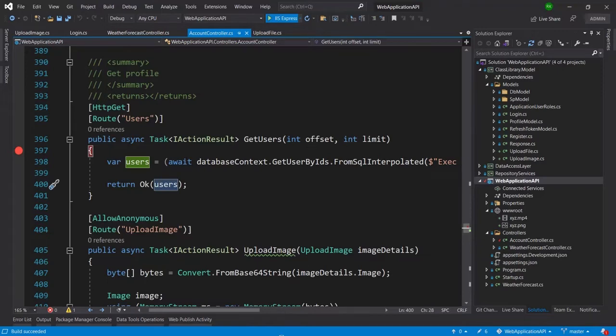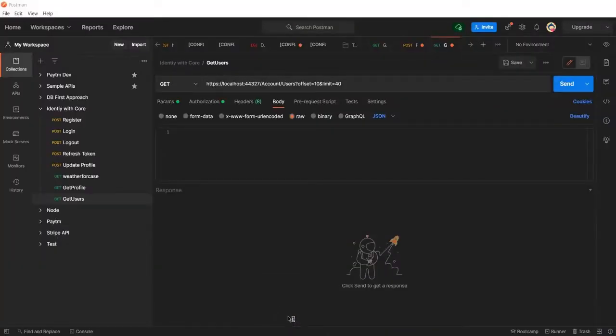Meanwhile I will go to Postman, and here you can see this is the URL, up to users, and from here I have passed the parameters offset and limit. Here I am passing 10 as the offset or starting point, and limit again I am putting as 10. So from the 10th row it will select the details of the users, and as it is a GET request, I am not passing anything in the body.